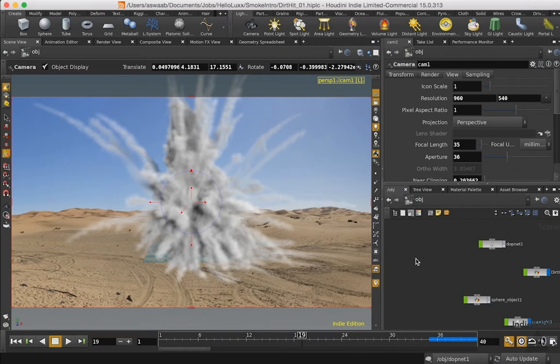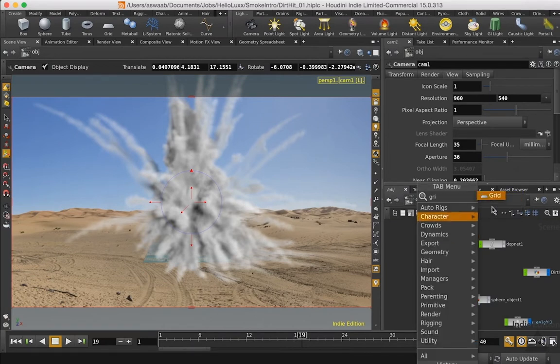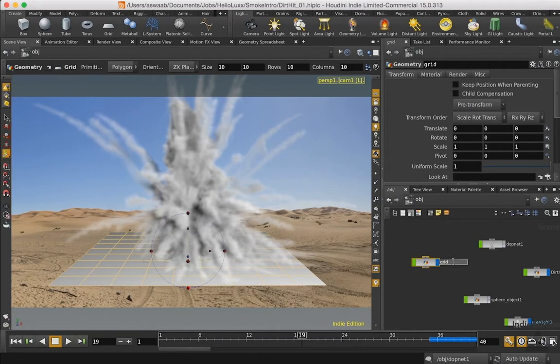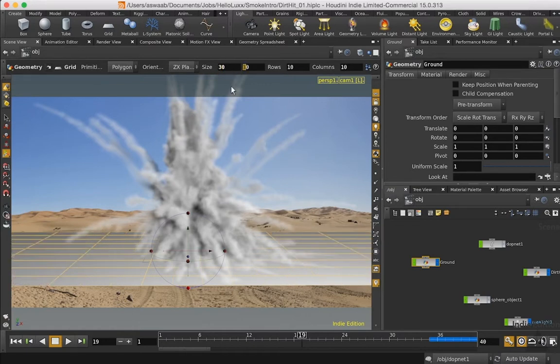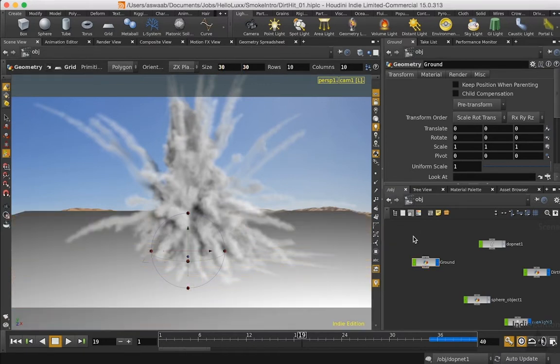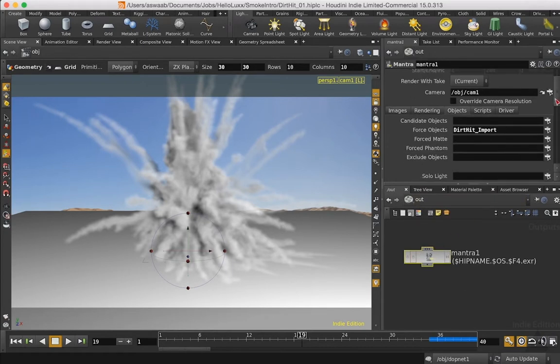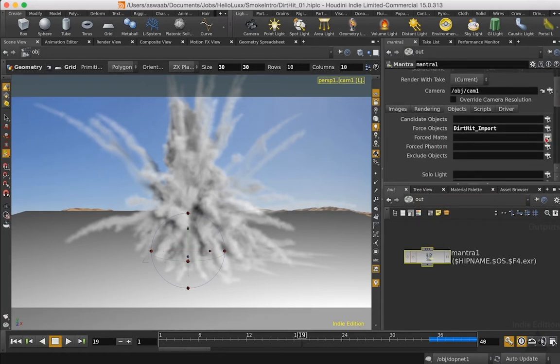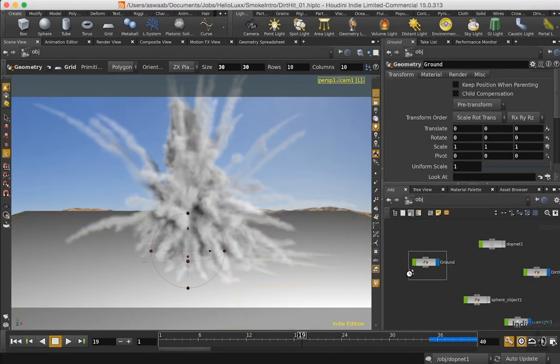I'm also going to create a ground plane, so I'm going to type grid, and we'll call that ground, and we'll make that 30 by 30. I think that should be big enough for our needs. That is going to be a matte object. So the ground, what we can do